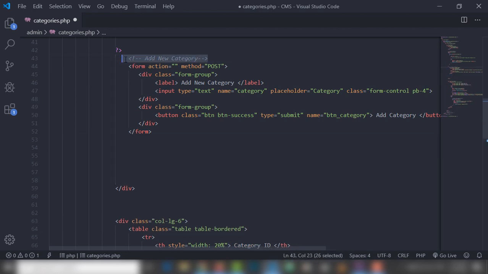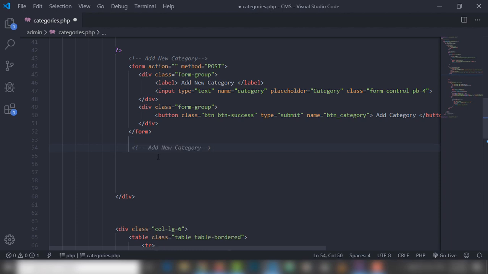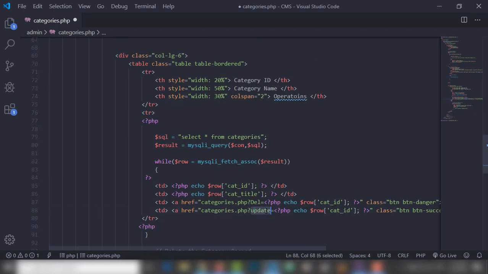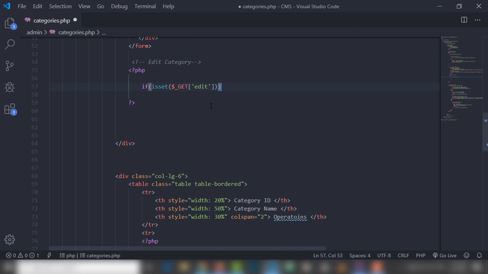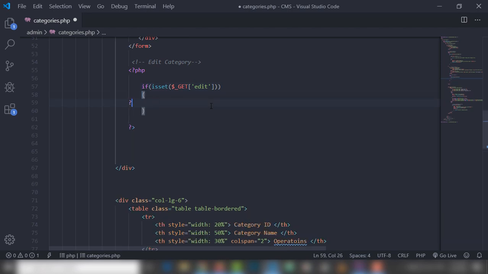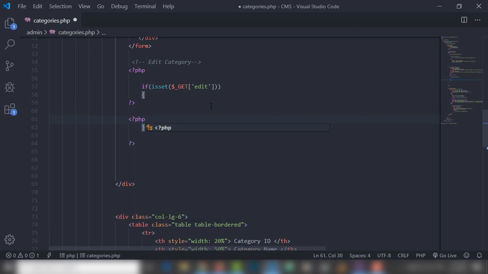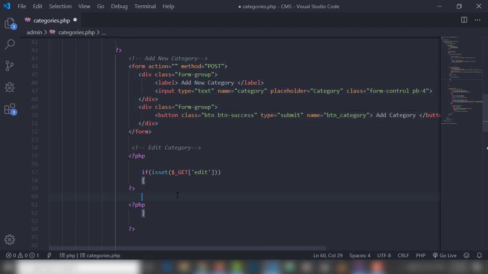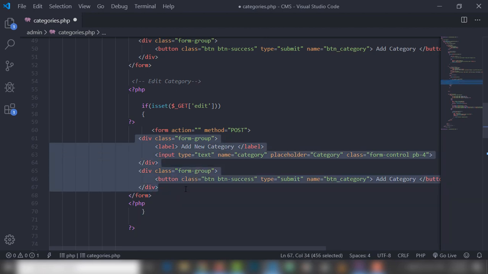just a minute, copy that and paste here, and then I'm gonna use edit category. Inside that I'm gonna use basic PHP syntax, and I call if isset $_GET which get variable update. I'm gonna change that to edit, this is short, okay? If the edit get variable is active, then come into the if body. Inside the if body I'll leave this PHP close and PHP start. Inside this section I just need to go up and copy the complete form and paste it here, right? Very simple. I arrange them,